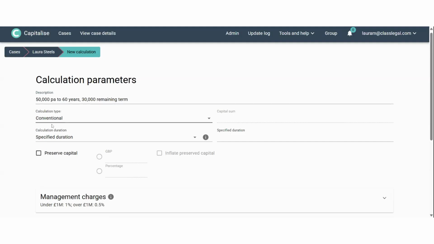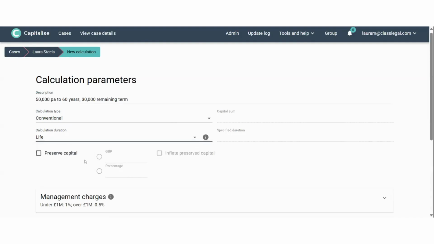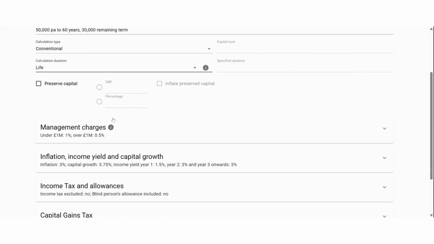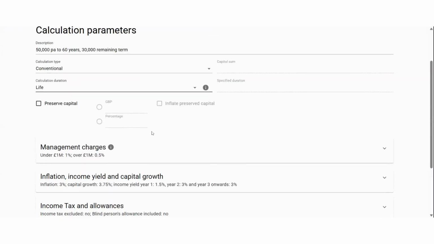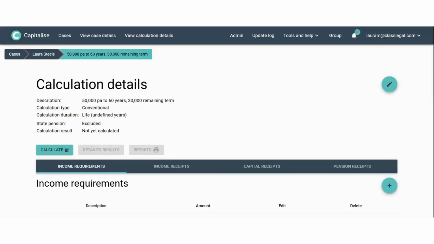It's going to be a conventional calculation, and for this one I'm going to do it as a life calculation, so we would select that there. I'll keep all the defaults set as they are, and then click Save Calculation. So for this one I'm actually going to build up several income requirements separately. So if we click the plus button,